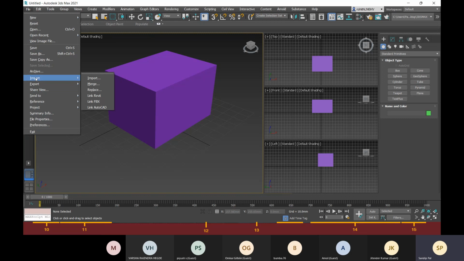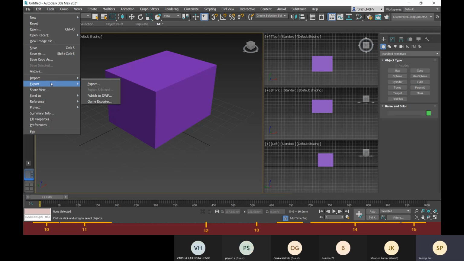Here we can import some external files which are created either in AutoCAD or in Revit, or if it is created in other software, then we have to convert it or save it as an FBX file. Then only we can import it. Fine. We can export it in other different file formats, for other software's compatibility.